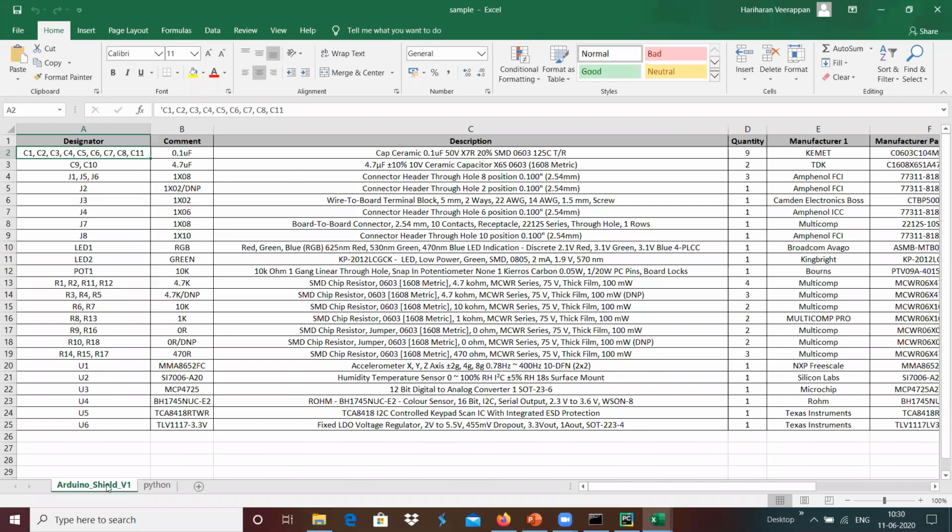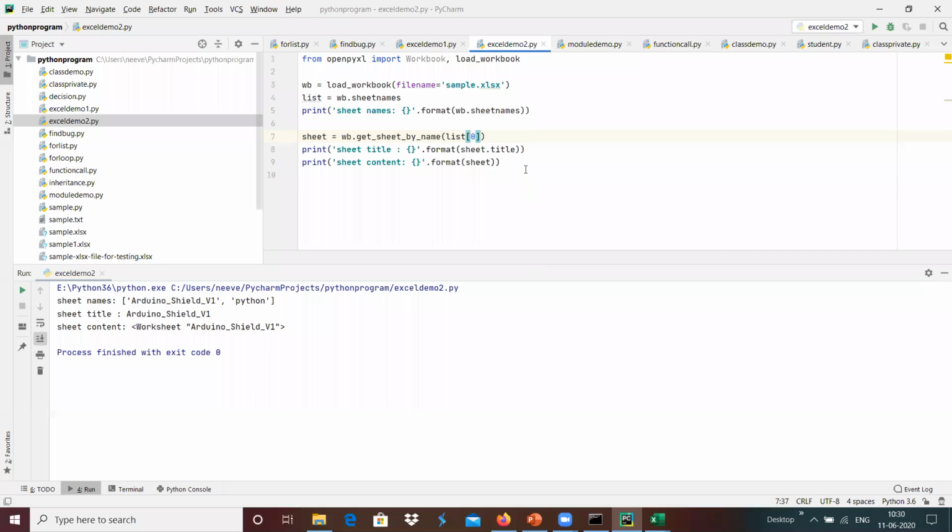If suppose we wanted to change this A1 from designator to some other parameter, then we can do something like update. We got the sheets, and inside the sheet, I'm going to do sheet of A1, and equals something like pot designator.